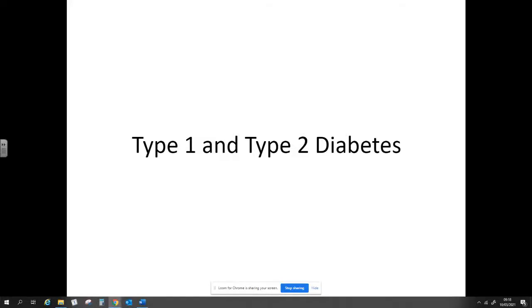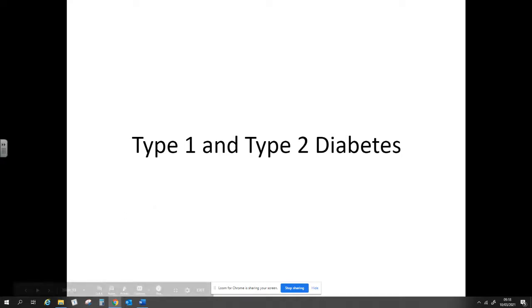In this video, we look at Unit 2, Key Area 8, Subsection C, Type 1 and Type 2 diabetes. We will look at the differences between Type 1 and Type 2 diabetes, when they tend to develop, how they tend to be treated. We will look at, in both cases, what diabetes does to blood sugar concentration. We'll look at the role of the kidneys in removing some of the glucose and how that historically was used